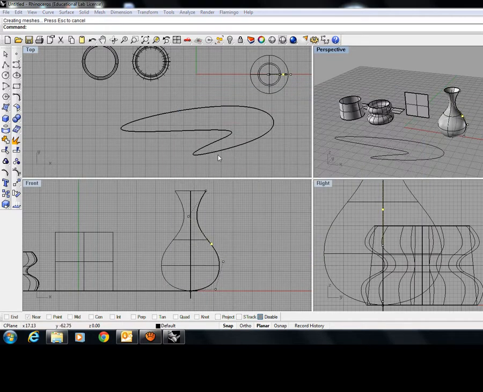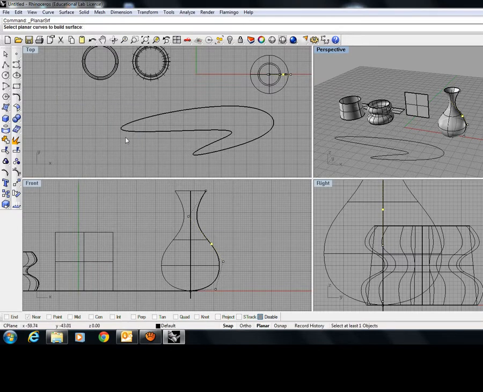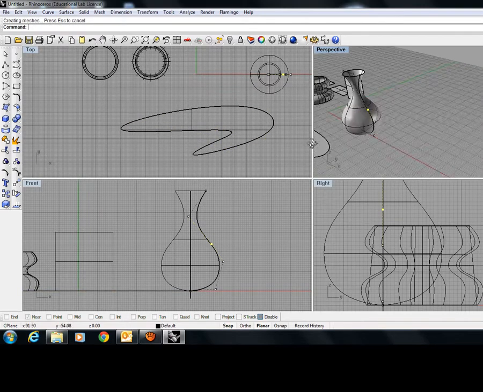Okay, so here we go again. Now I make a closed curve, and after that closed curve, I want to make a surface out of it. So I go to surface, planar curves, and I select the curve and then press enter, and I will get a surface out of the